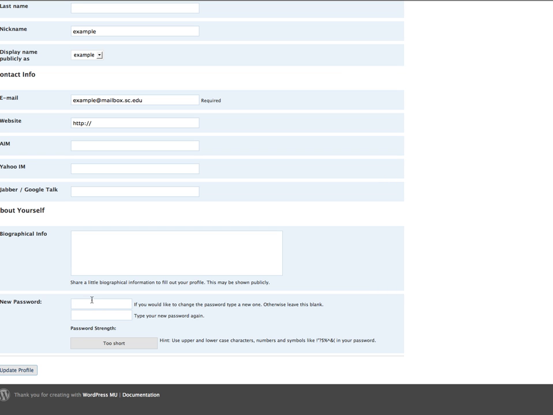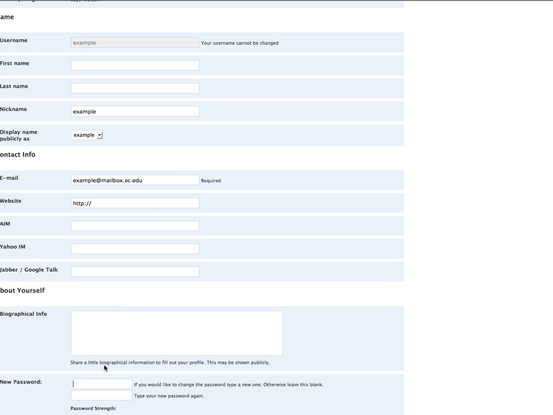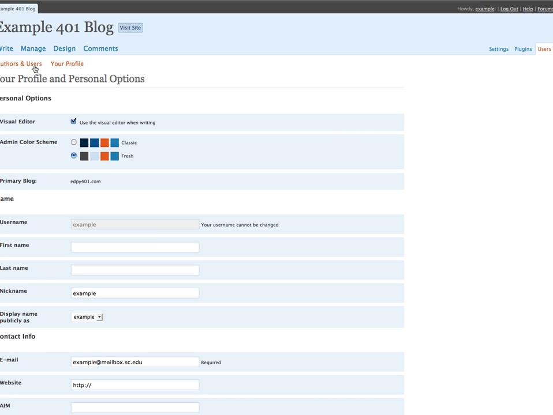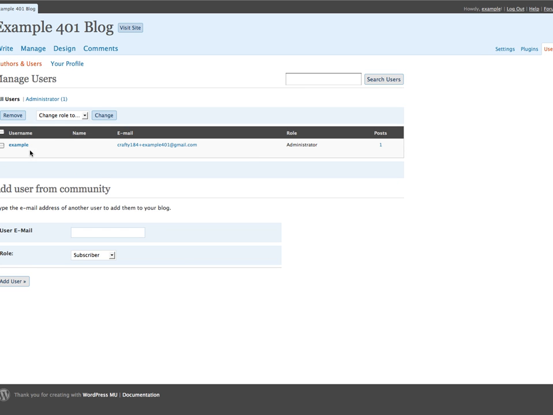you're going to want to input whatever new password you want. It'll tell you you should use uppercase and lowercase. Don't sweat that too much. And then click on Update Profile. Once you click on that, it'll take you back to the authors and users page, and then you'll see the changes reflected here. To do a blog posting, and I'll do a longer video on that in a moment,